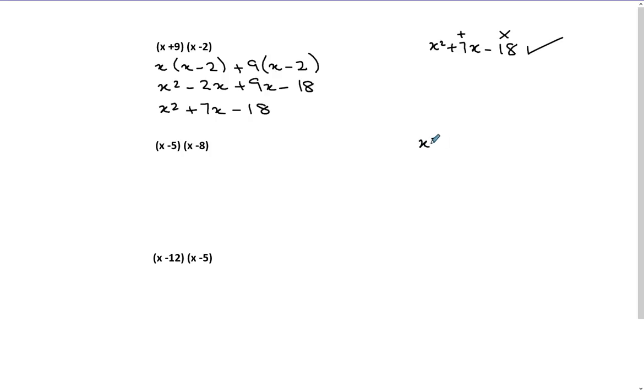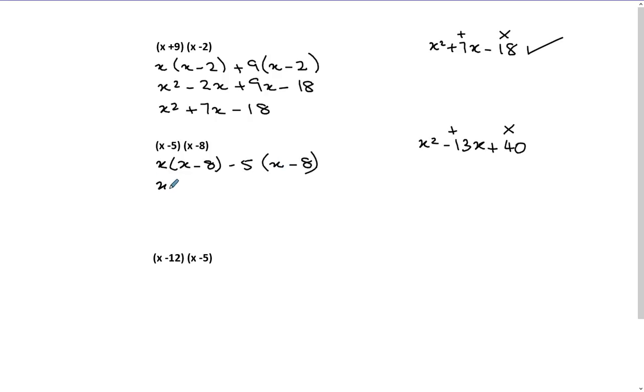Cheating. X squared plus your numbers, minus 5 minus 8 is minus 13, and that's what's attached to the x. Minus times minus is positive. 5 times 8 is 40. And you expand: x times x minus 8, minus 5 times x minus 8,